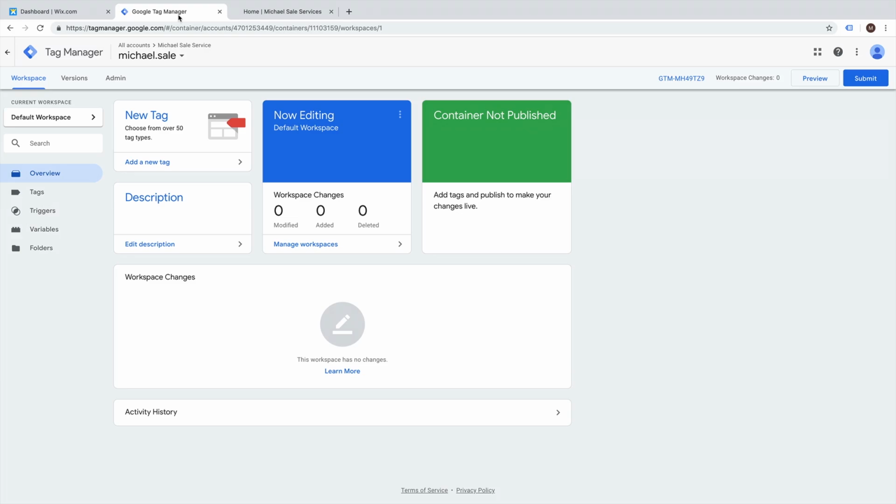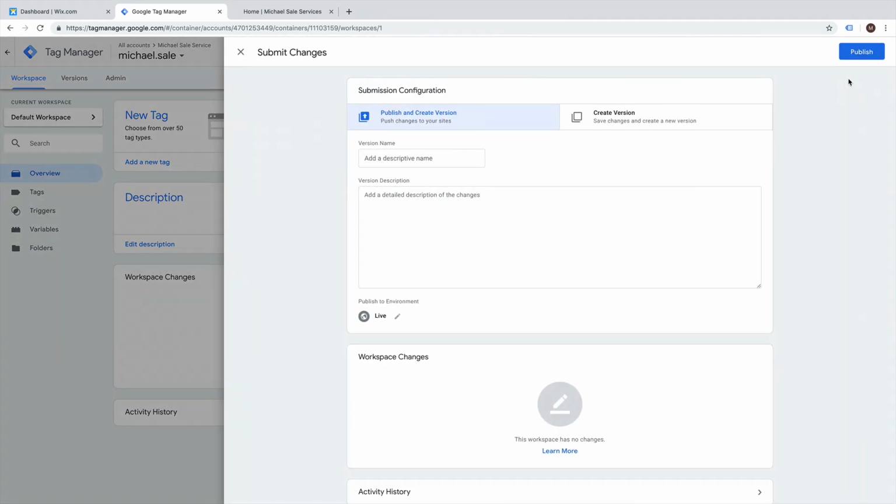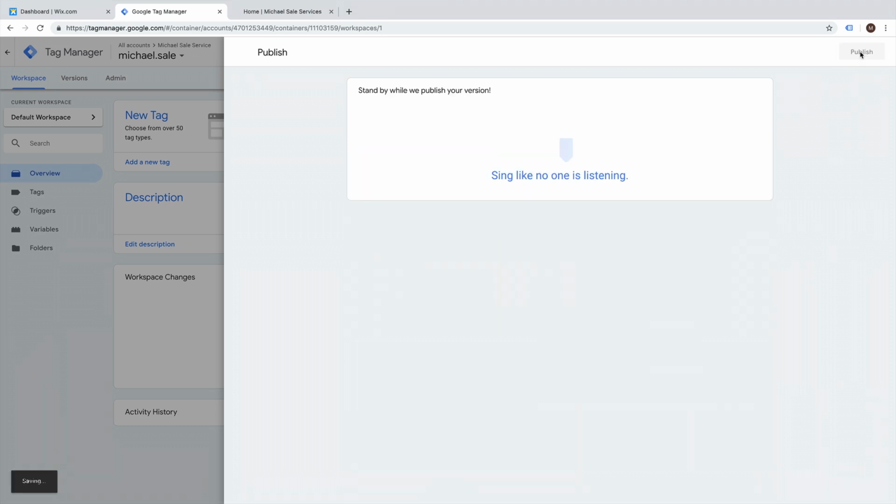So we need to go over to Google Tag Manager and we need to publish or submit our container. So now that we've seen it in preview mode, everything is working as we expect. We're going to submit this particular container. In this case, we're just going to initialize the install of Google Tag Manager. You can put anything you want here in a description of what it is. And when we hit publish,